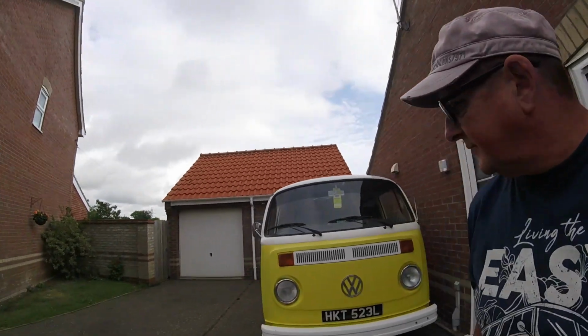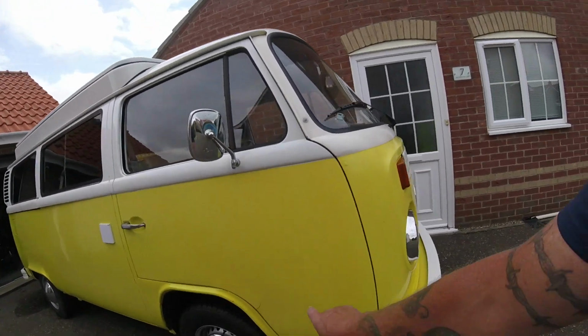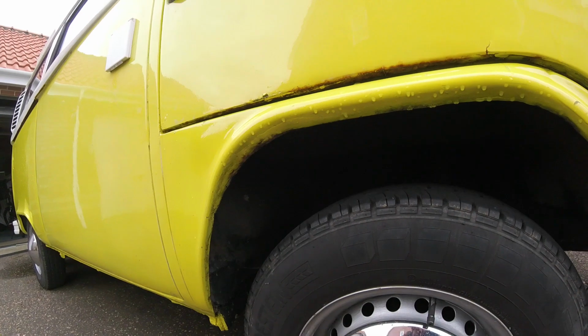I was going to leave any bodywork, but my plan this morning is to get the door taken off and put the cover on him. That'll be a good start, won't it? Obviously there's still other work I need to do. This door and this piece here, I will get round to this, but I'm figuring now I'm going to leave